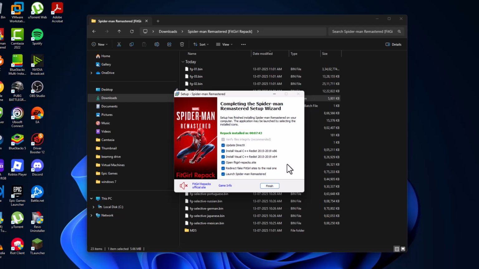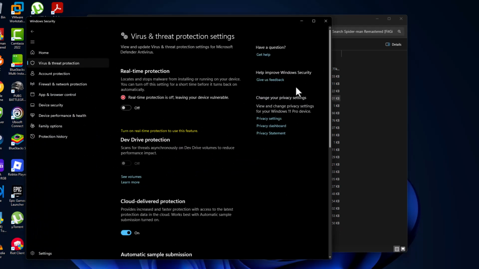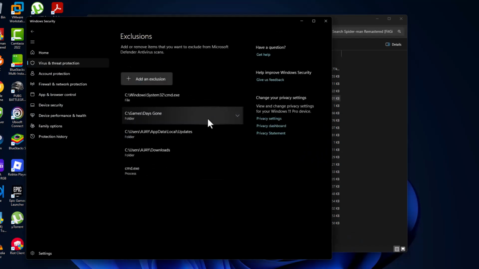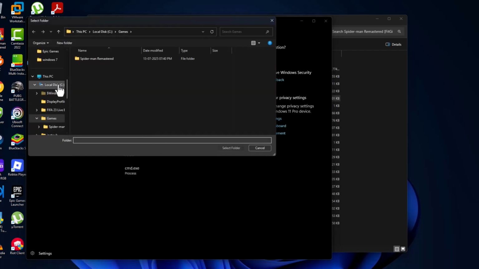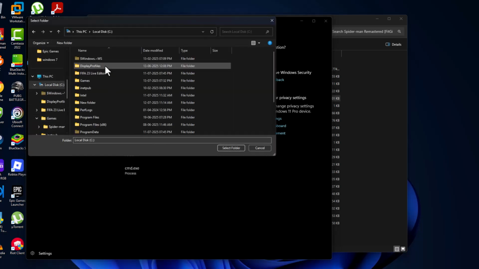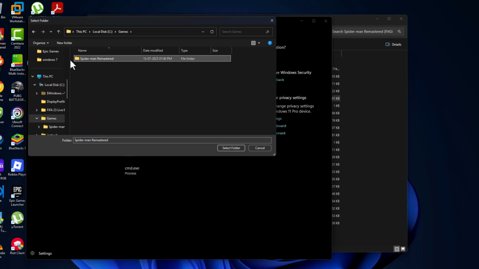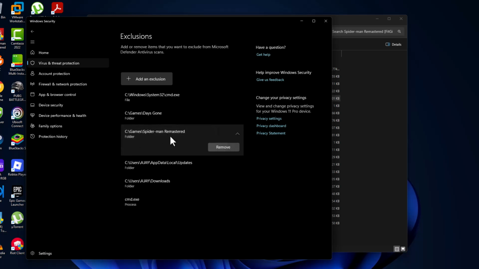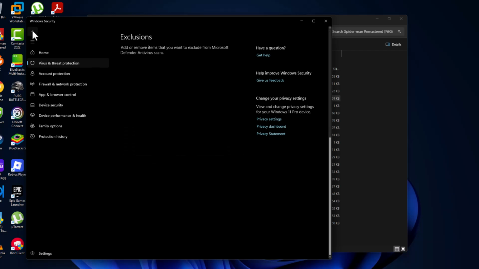After the installation is done, open up the Windows Security we minimized before and scroll down and select Add or remove exclusions and select yes. Select Add an exclusion and select folder and navigate to the game folder where you saved. I saved in C drive games and here is the game folder. After selecting it, select folder option and the game has been added to this list, and then go back and